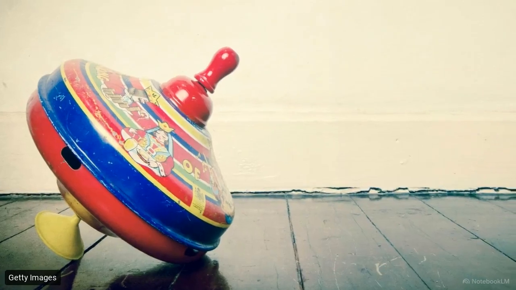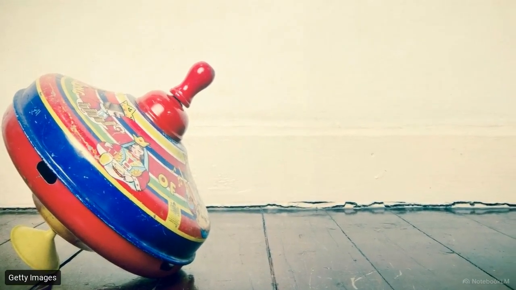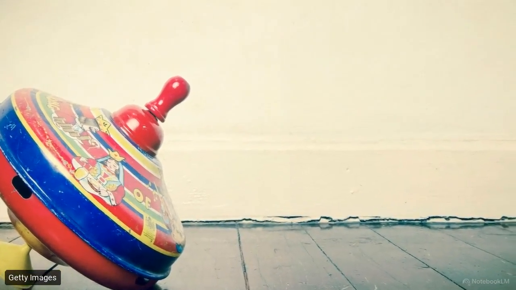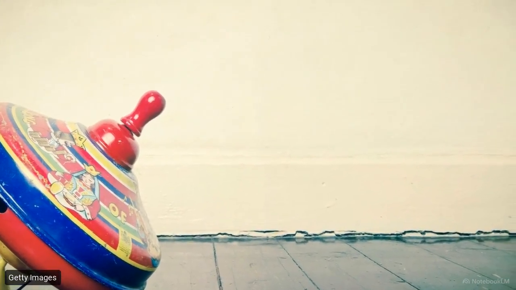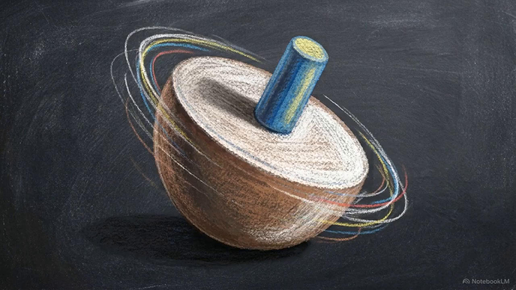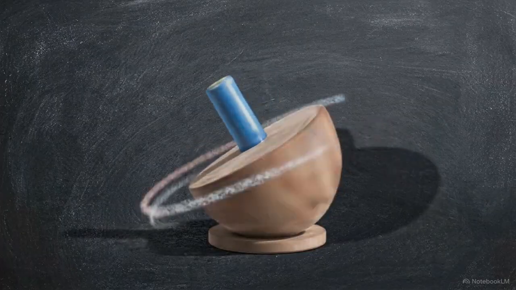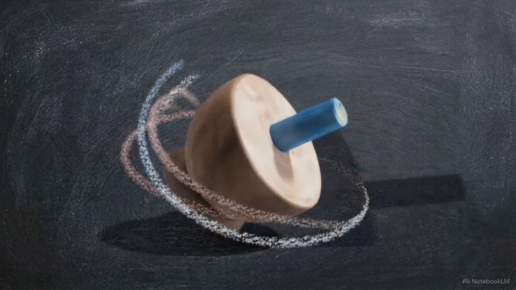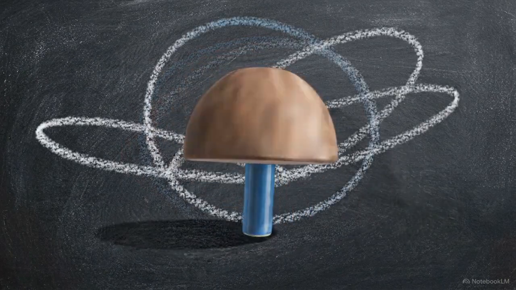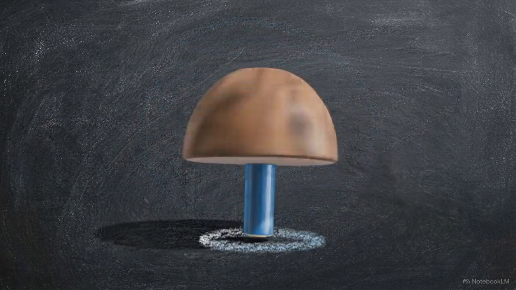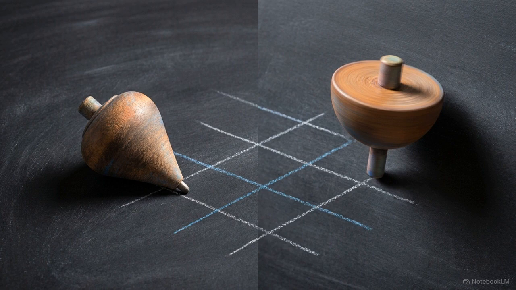But the tip-a-top presents a paradox. It is an eccentric truncated sphere, with a mass distribution shifted noticeably away from its geometric center. When spun on its rounded base, the top begins to nutate. Instead of slowing to a stop, it lifts its own center of mass, flipping entirely upside down to spin on its narrow peg. This inversion suggests that the relationship between friction and stability is more complex than a simple loss